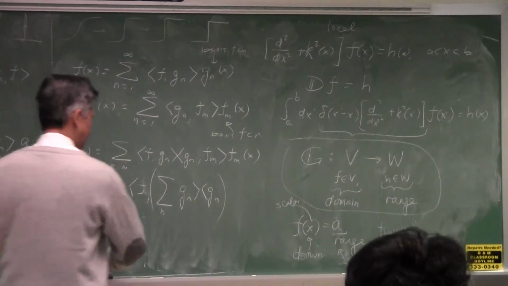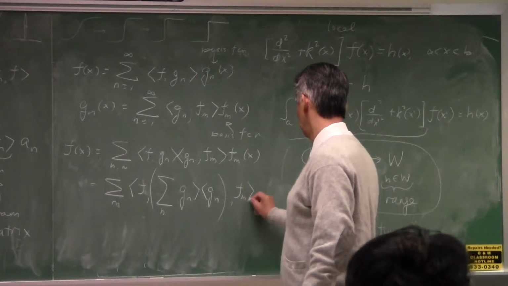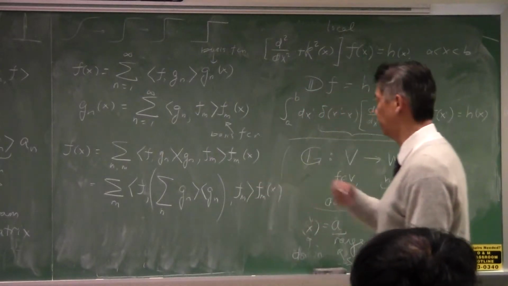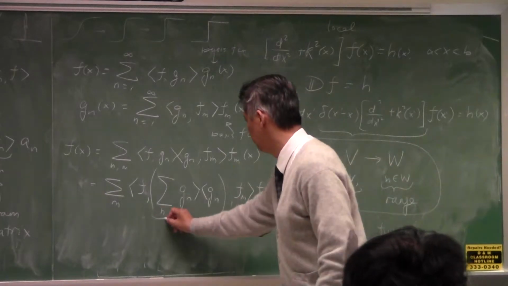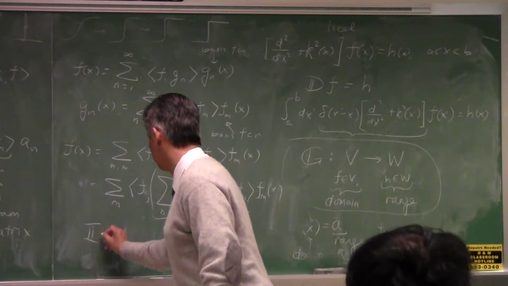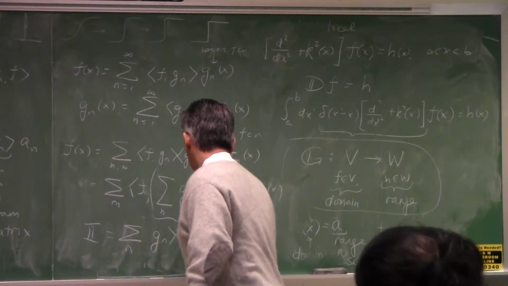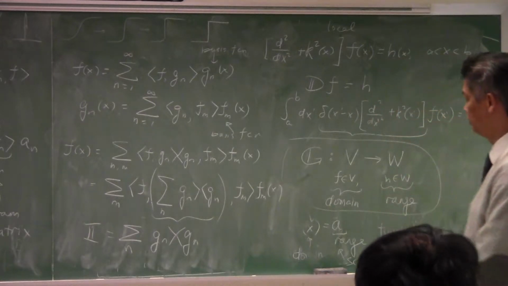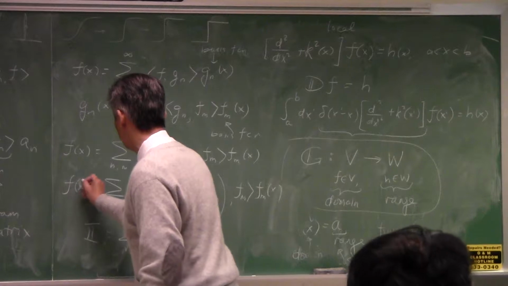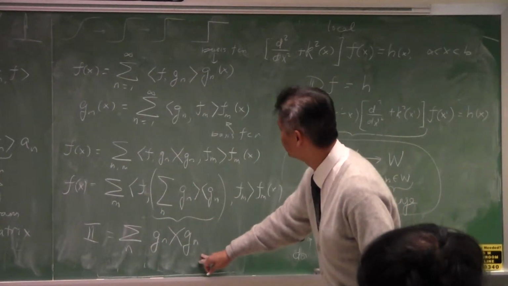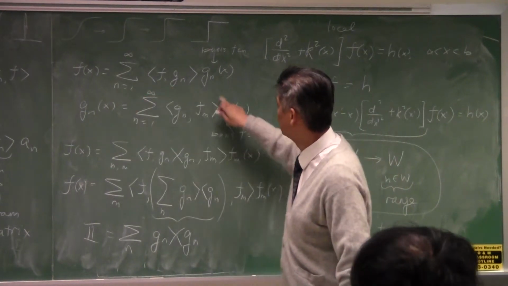I can rewrite this in this manner. I'm just rewriting the summations in a different manner. And you can see that this piece is the identity operator, which I defined to be I. And what I have done to obtain this relationship is to have inserted this piece into that piece over there. If I insert this piece into that piece and call this an M summation instead,